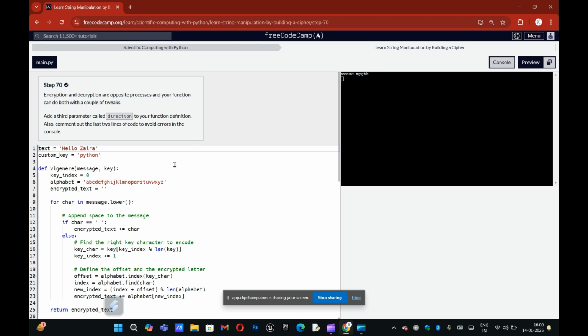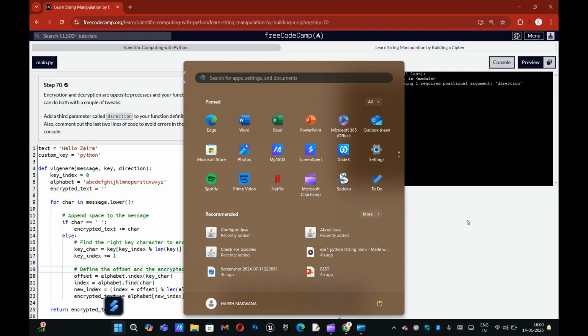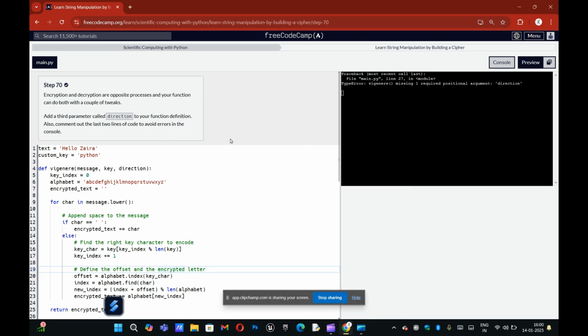Now in the function definition, it's telling us to add a third parameter called direction, which you have to separate using a comma, like this: direction. But it will still raise an error because there is no such thing as direction yet. It's like the government claim I did last time. If you create a country, you'd be claiming there is a person called direction, but there's no person in the country called direction. It's like that. So yeah,